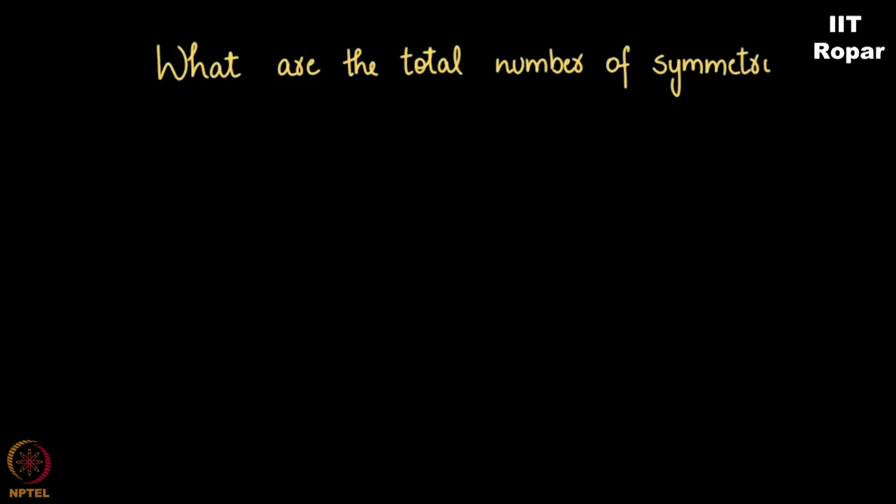You remember, right? We asked this question, what are the total possible symmetric relations on a set S? We even derived an answer for it. I'm going to derive an answer using a slightly different logic. You must be wondering, why are we discussing symmetric relations while we were supposed to discuss anti-symmetric relations?